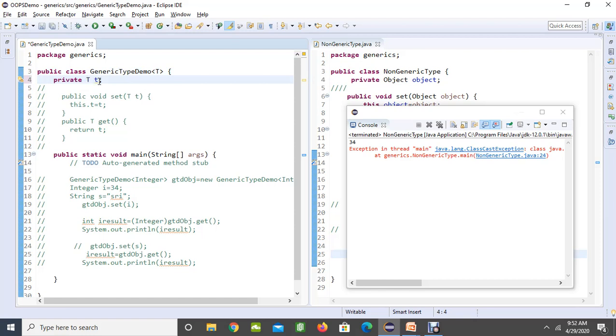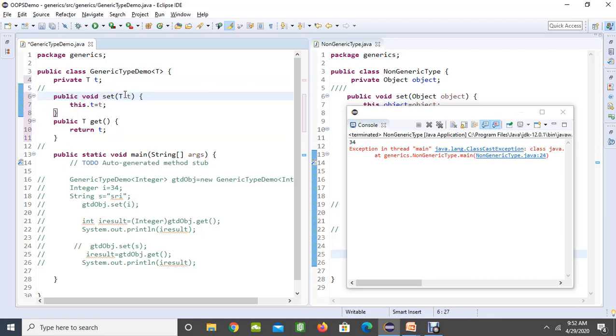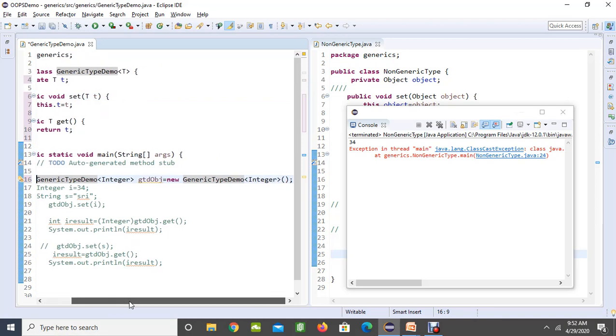Here T is going to be the type. So here my type is T, and I am giving it like T. Instead of sending Object, I am going to send T. Now here T acts like any variable, any object that you can send here. Since it is a class, you have to send an object. While creating the object itself, I am going to say this object is going to deal with the integer type, not the string type. While creating it, I am going to pass Integer.